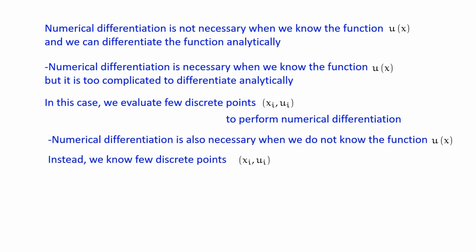Instead, we only know a few values of u for certain values of x. Now, knowing only a few discrete values and not the function, if we need the derivative, we certainly have to take the numerical derivative. Then how can I take the numerical derivative? To take this numerical derivative, knowing only a few discrete points, what we do is put a polynomial through those discrete